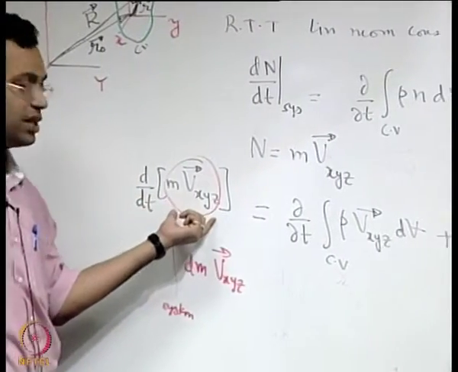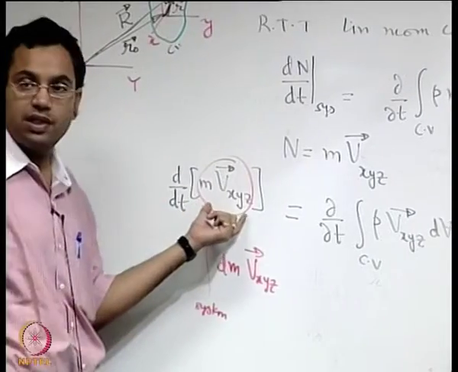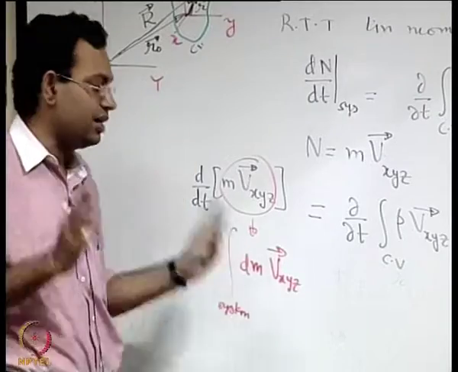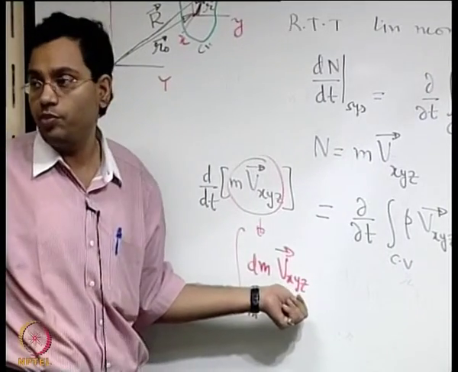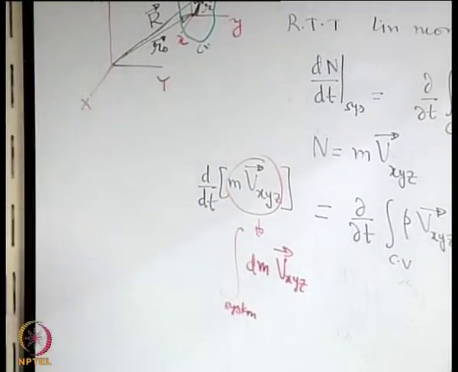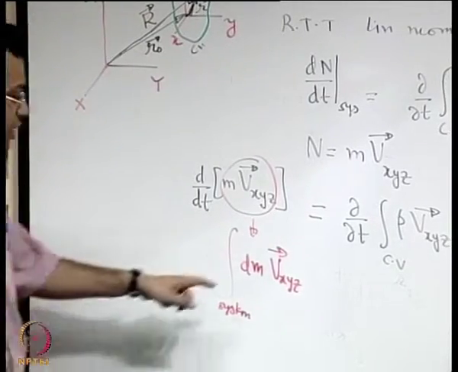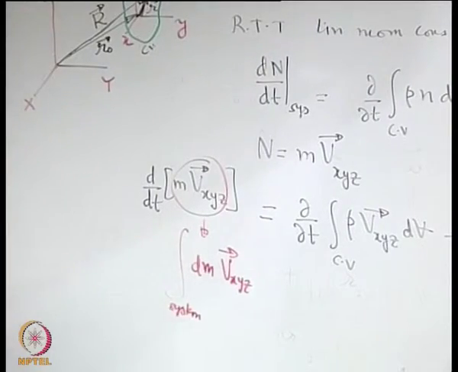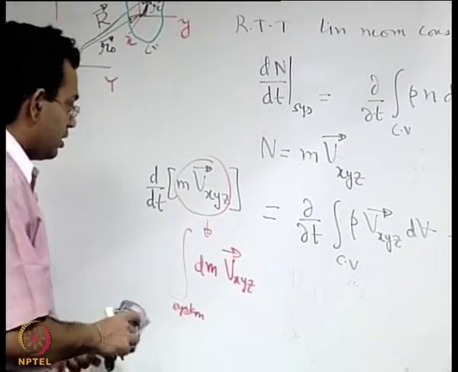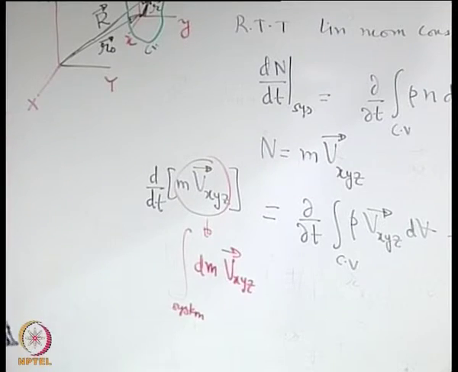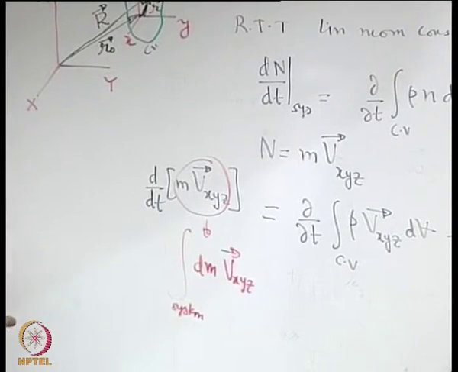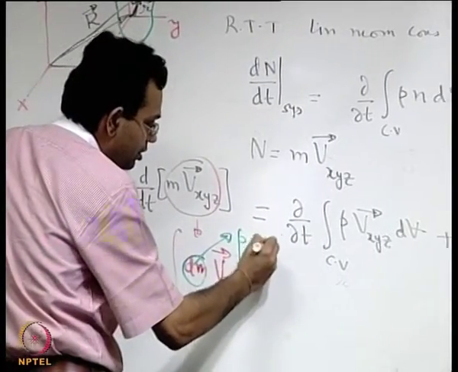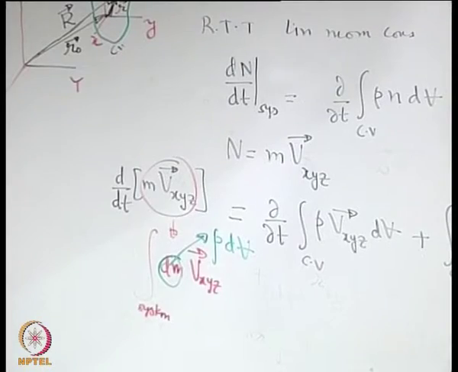The reason is quite clear, that at different points in the system it might have a different velocity. So, when you want to represent the total linear momentum, we should keep in mind that there could be different velocities at different points in the system. And then we may write this as dm, how do we replace dm in terms of the elemental volume? So, this is rho into an elemental volume dV.